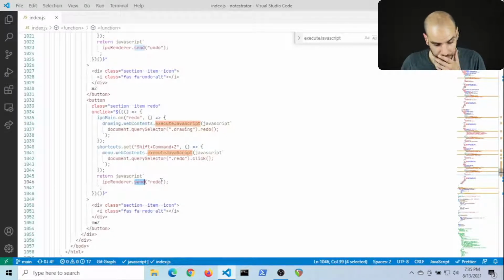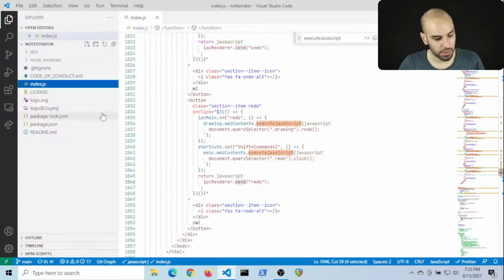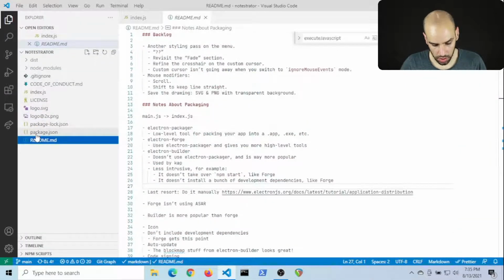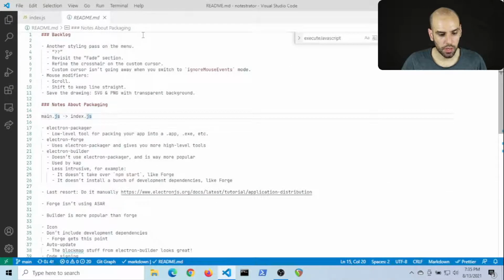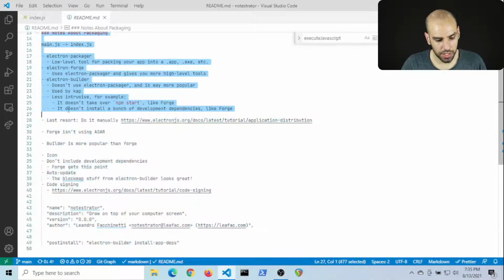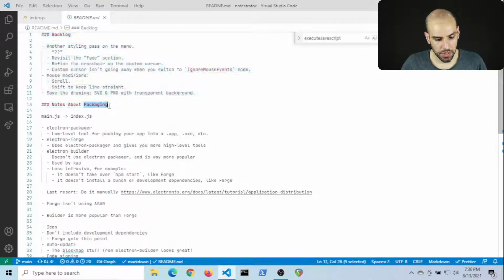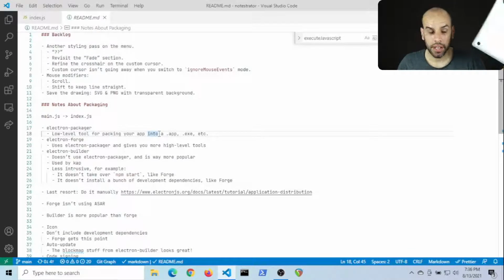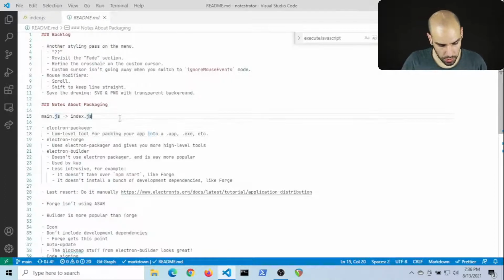Okay, so yeah, I guess we need to do the second refactoring first to unlock the thing. So let's see what we have here in terms of the backlog. I also pasted these notes about packaging that we were writing yesterday. I pasted them on the README, which is a good thing because if they stayed just here, they would have died with the machine. Ah, piece of junk. In any case, so I did this renaming.